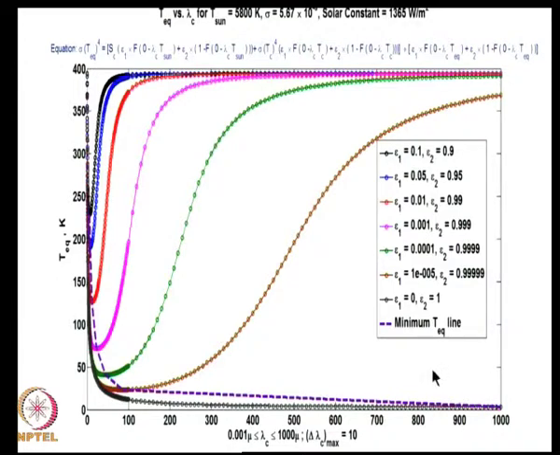But before that, notice this interesting feature, that if your surface had, let us take the green one, emissivity only 0.0001 in the solar region, but a very high emissivity in the region beyond lambda c, then you see that you get this kind of curve. That is, when lambda c is 0 or very large, in both cases the temperature is close to 393 Kelvin. The 393 Kelvin comes in if the emissivity is,